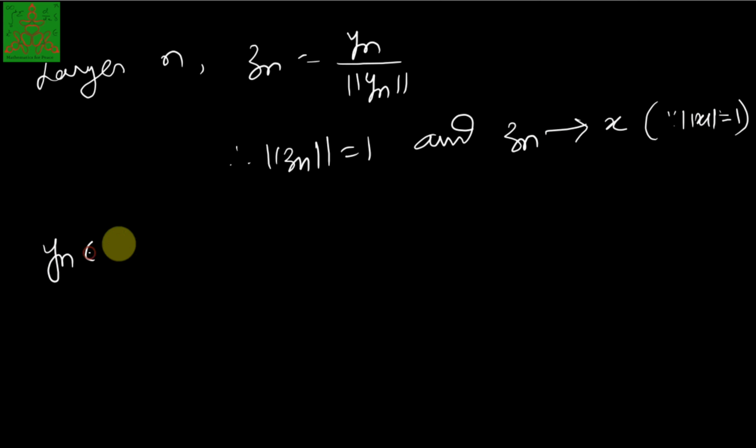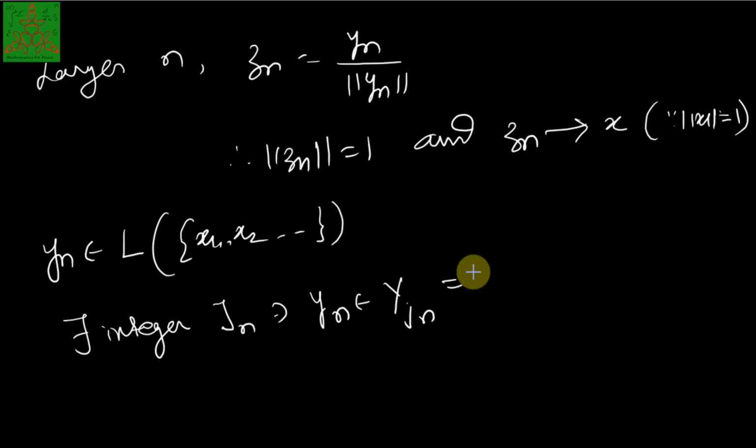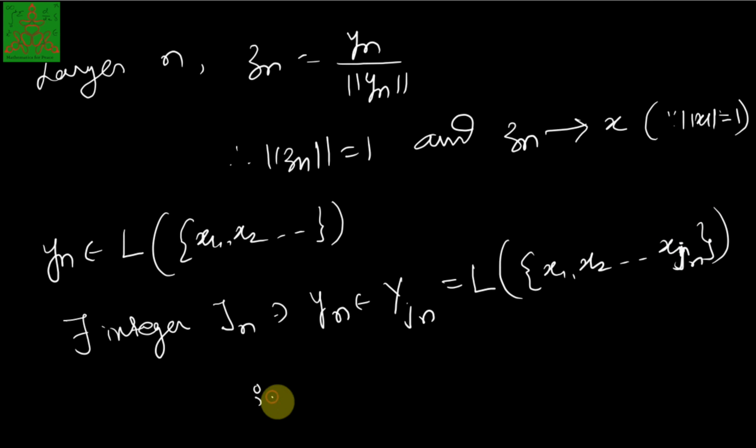As yn belongs to the linear span of x1, x2, and so on, there exists some integer jn such that yn belongs to Yjn. Yjn is nothing but the linear span of x1, x2, up to xjn. Therefore this Zn belongs to Yjn,